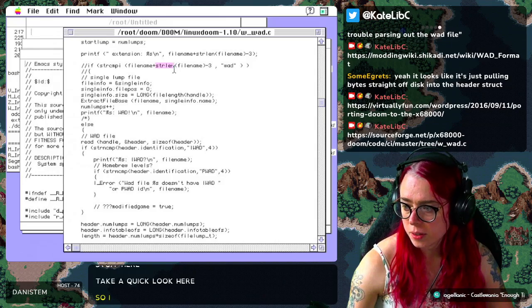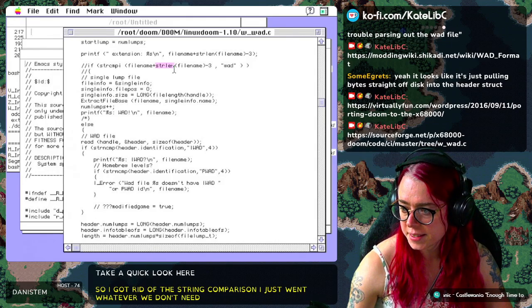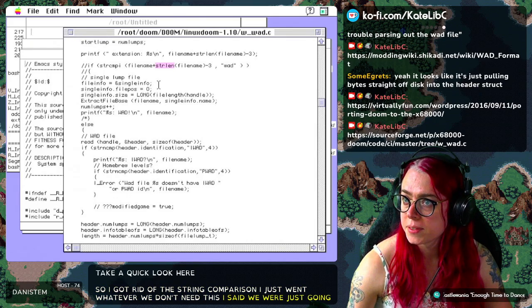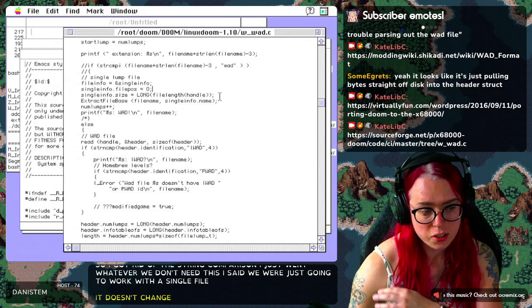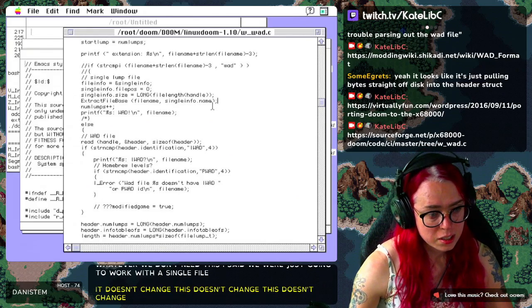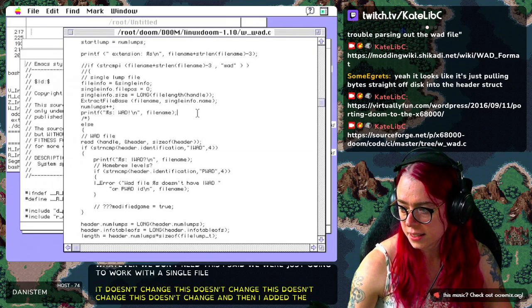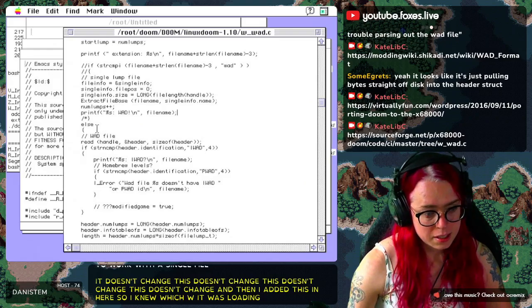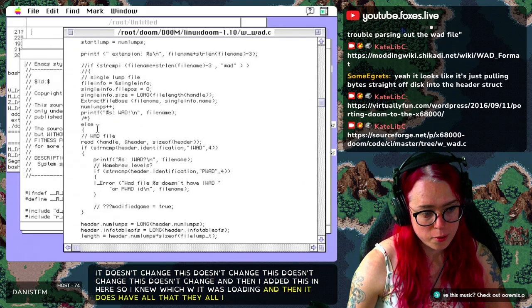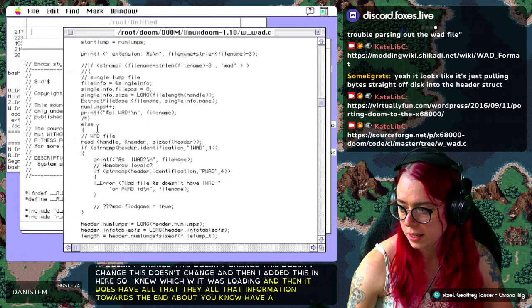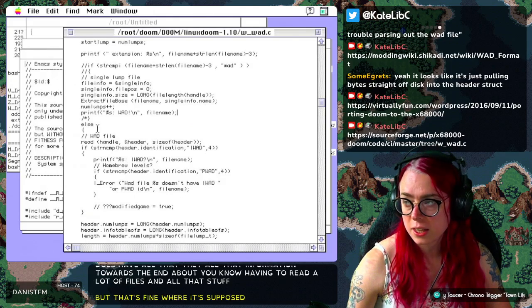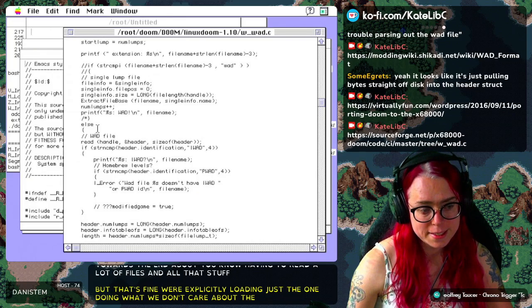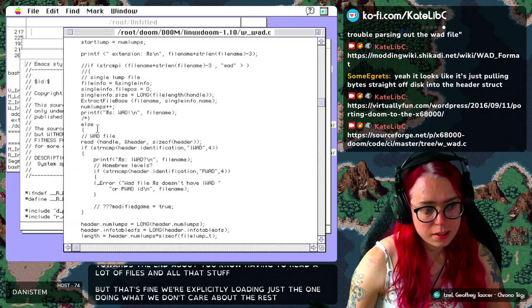Okay, so I got rid of the string comparison. I just went, whatever, we don't need this. I said we were just going to work with a single file. This doesn't change. This doesn't change. This doesn't change. This doesn't change. And then I added this in here so I knew which WAD it was loading. And then it does have all that information towards the end about, you know, having to read WAD files and all that stuff. But that's fine. We're explicitly loading just the one Doom WAD. We don't care about the rest. And then